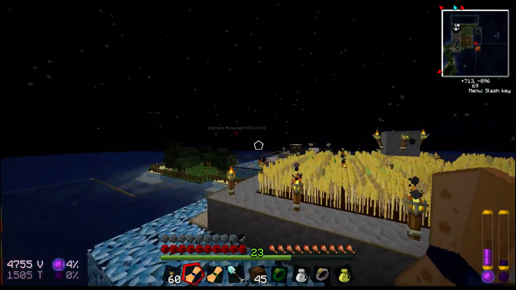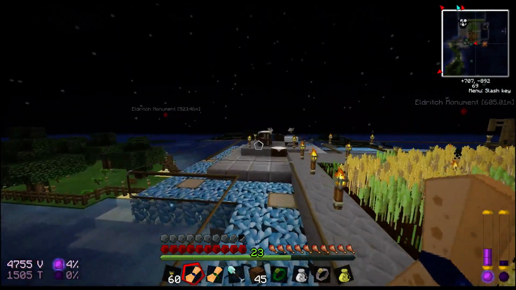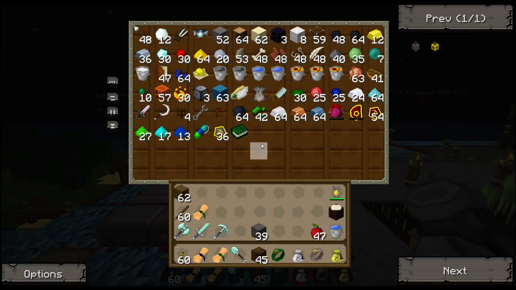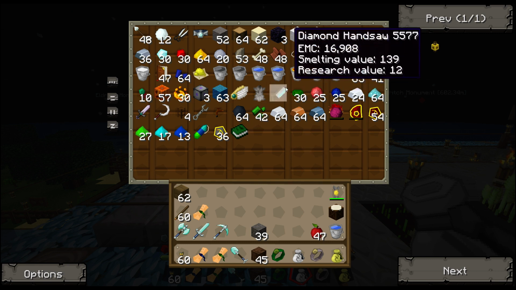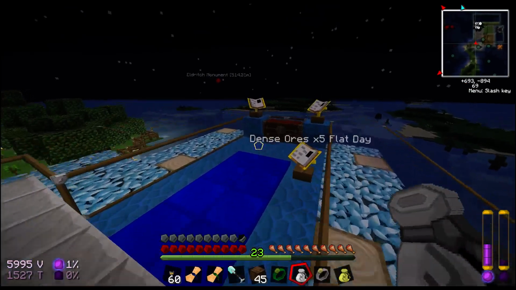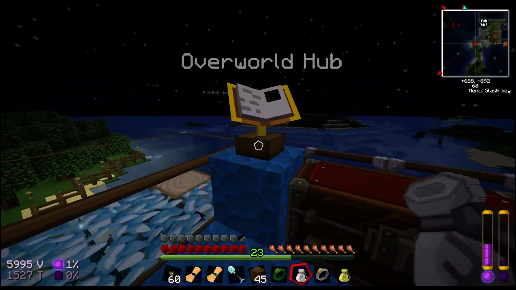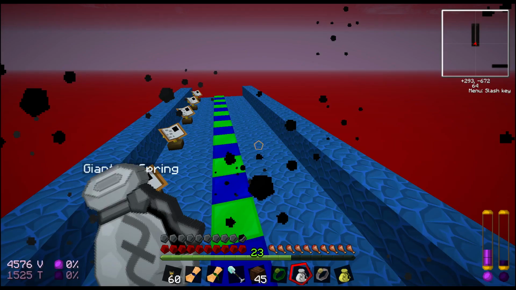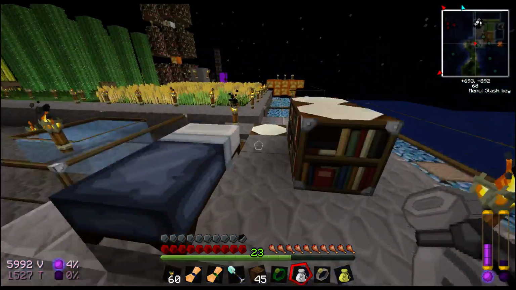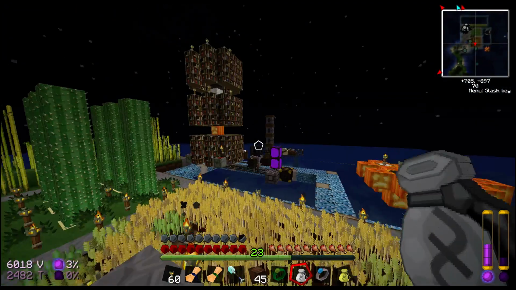And since it's nighttime, what do I require for this? I have that, and I have bones, and I actually rearranged things so that I have some typical mob drops in my alchemy bag now that I have space for them. So let's go and give that a try. Oh, I forgot. Sorry. One thing that I need to grab before I do that